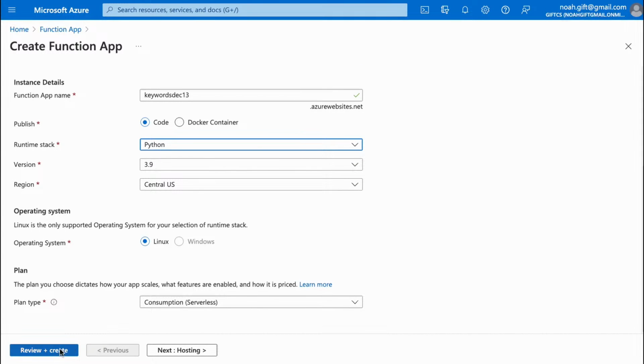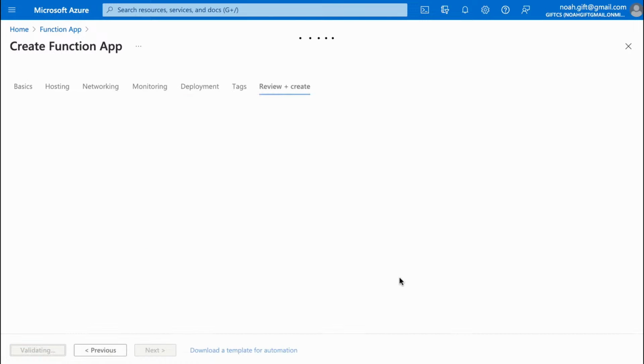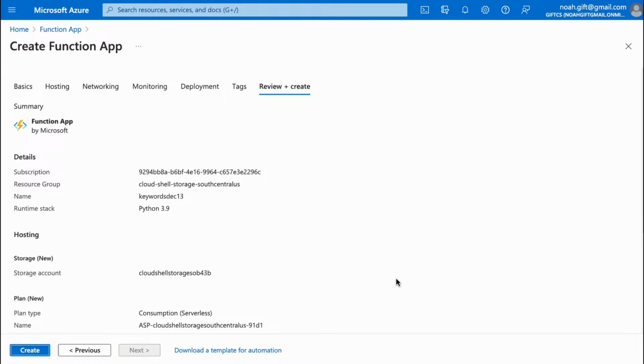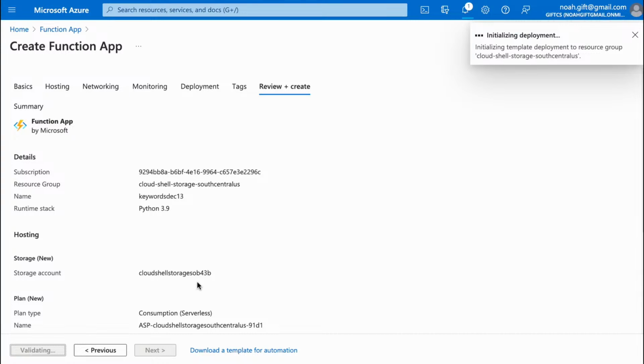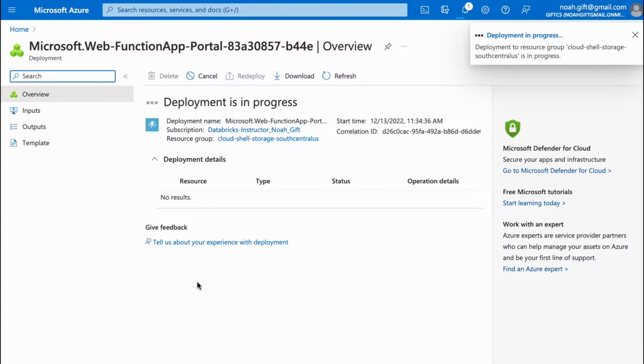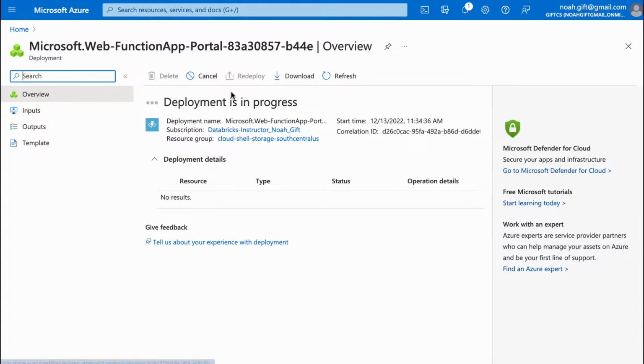Let's go to review and create. Here we go. Now here's where Visual Studio Code is also our friend, because what we can do here is actually pull this in to our environments inside of Codespaces. So this thing's actually triggering all this stuff. While this is running, I'm going to go back to Codespaces.